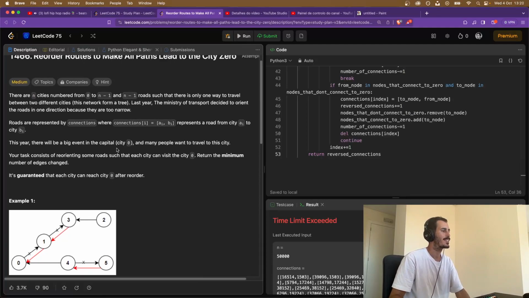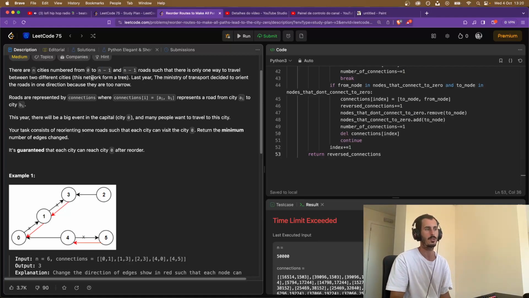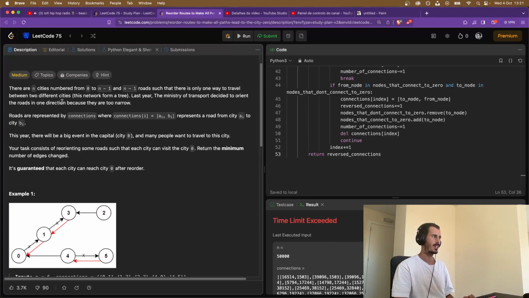So the problem here is that we have cities in the country, and the cities are connected by edges, and they're directed edges. So this means that 0 is connected to 1, and that doesn't mean that 1 is connected to 0, which is fine. And there's one important detail here, which is something that we can actually use. This is why my solution is more general, but it's slower. But there's one improvement, which is there are n-1 roads, and there's only one way to travel between two different cities. This network forms a tree,